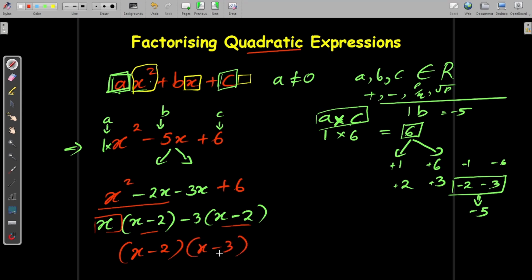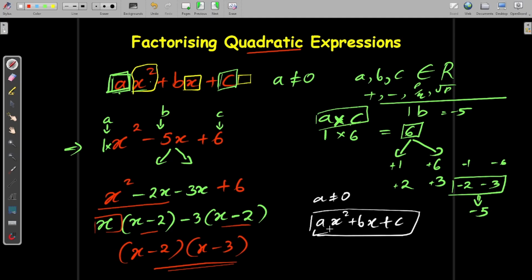Let's recap the theory. A quadratic expression is an expression in the form of ax squared plus bx plus c, where a, b and c are real numbers and a cannot be equal to 0. To factorize these, always multiply a times c, and from the answer you get by multiplying a and c, you have to look for the factors and build b. Then you can break the middle term b into two values,